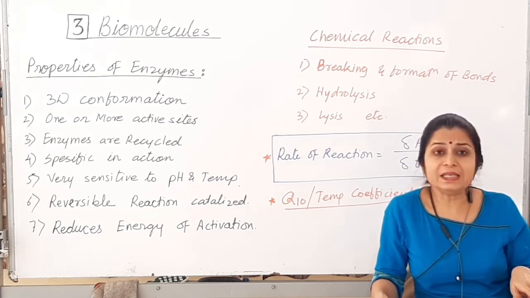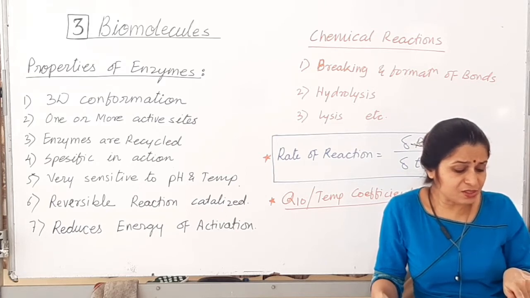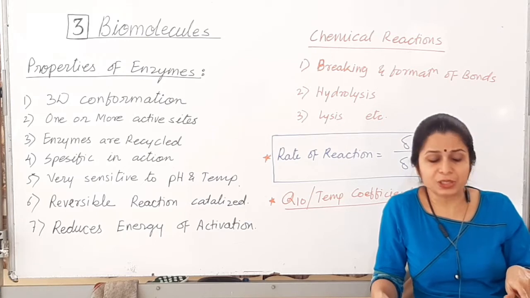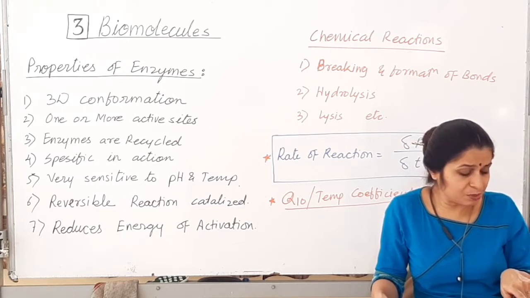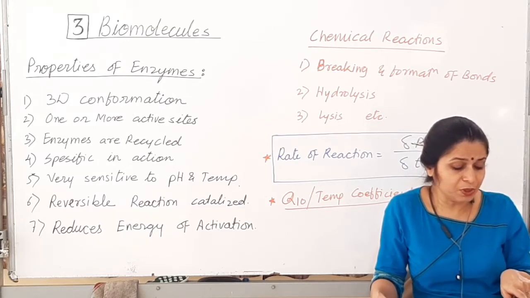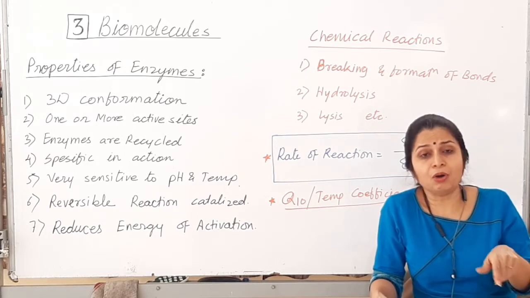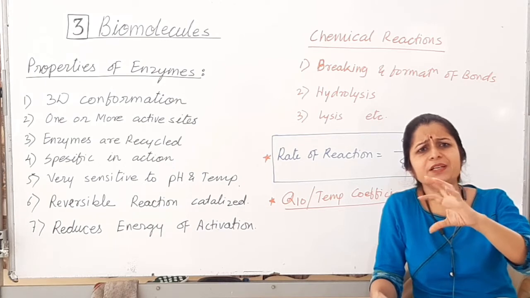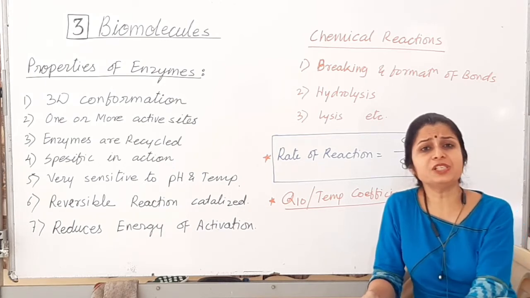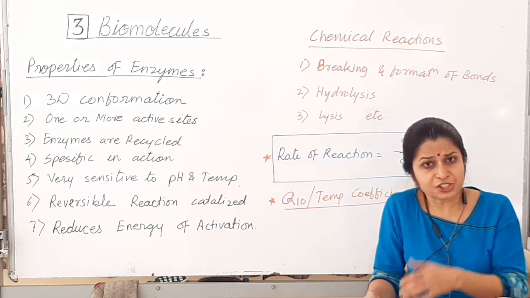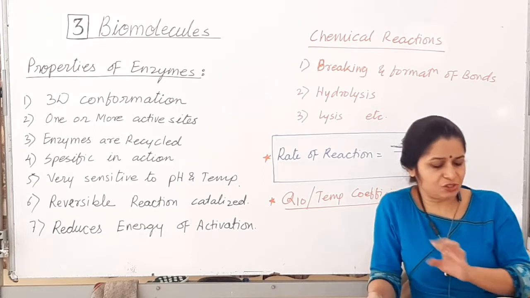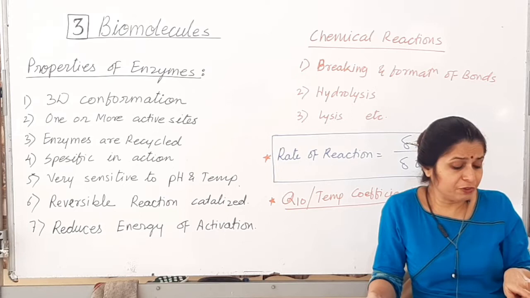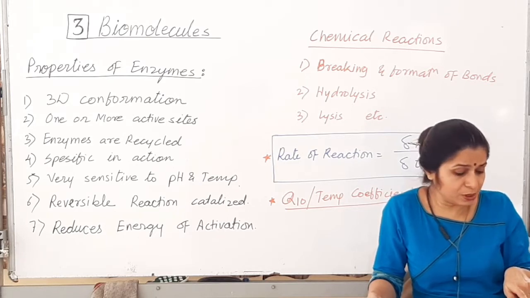How do we understand these enzymes? Let us first understand a chemical reaction. Chemical compounds undergo two types of changes. A physical change simply referred to change in shape without breaking of bonds. So you are having a metal, you are pressing it, you are changing the shape, its form changes, its shape changes, but chemistry remains the same. Okay, a physical change simply refers to change in shape without breaking of bonds.